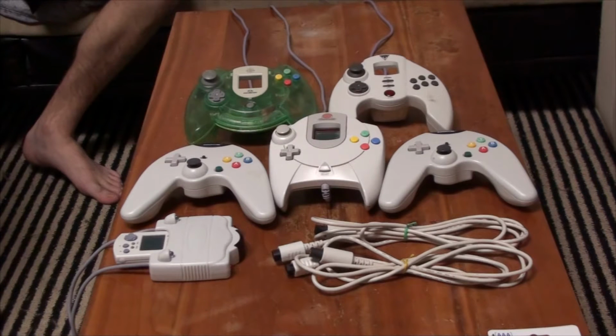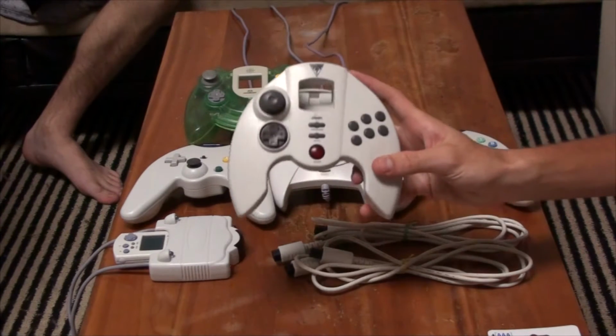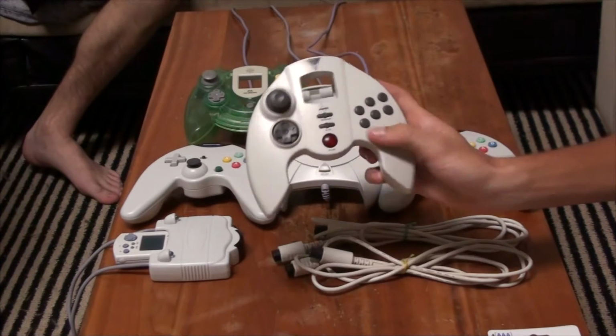So today I'm going to review some Sega Dreamcast controllers. I've got a few wired controllers here and a pair of wireless controllers. I guess I'll just start off with the worst controller and work my way up. I'm going to have to say that this guy in the back corner here is the worst overall just because